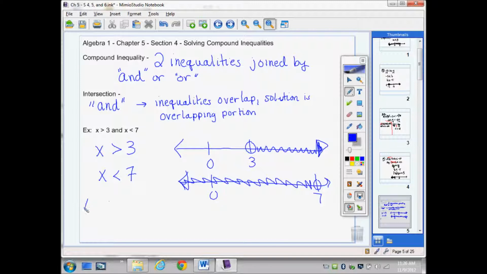If I graph the conjunction of x is greater than 3 and x is less than 7, what I need to graph is the place where they would overlap. So if I put these two graphs on top of each other, they're going to overlap here. Do you see that? Because there's no graph past the 7 on this one, and there's no graph before the 3 on the top one. So to graph the overlap,